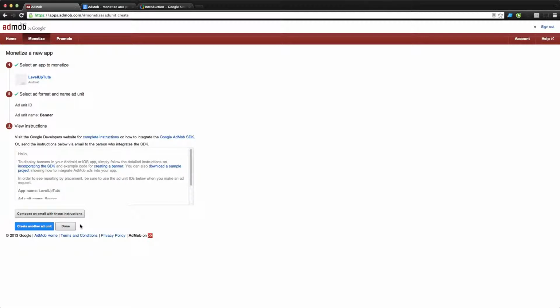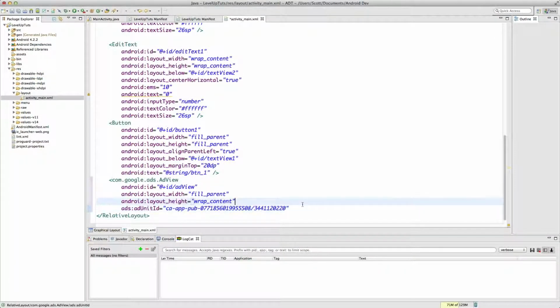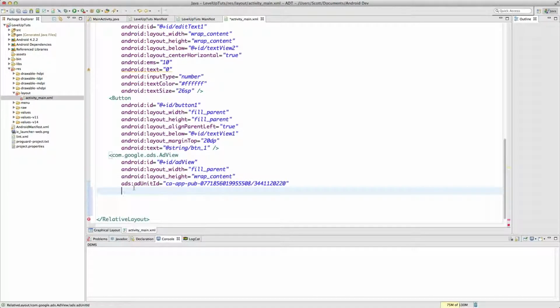So I'm going to click done. Our unit ID can be pasted in here, and that's all good. And we just need to add some more ad specific things. So we're going to type ads, colon, and then ad size equals, and then in all caps, banner, and then now ads